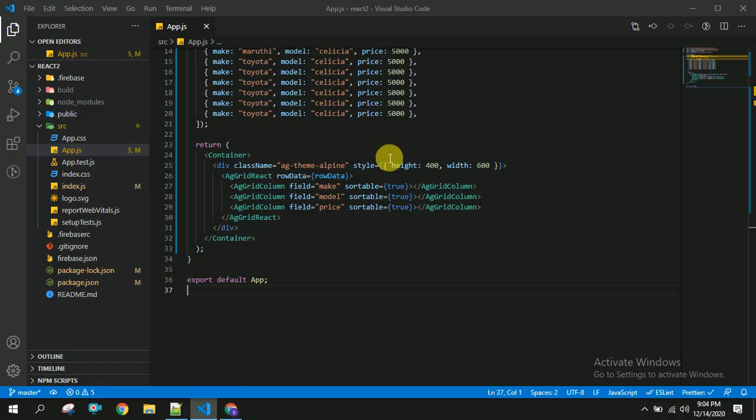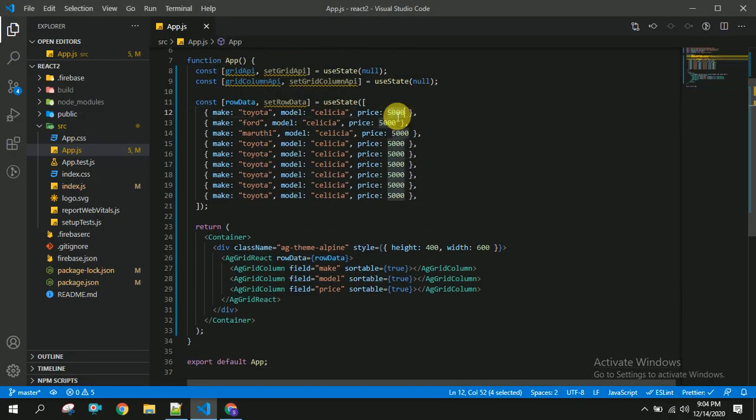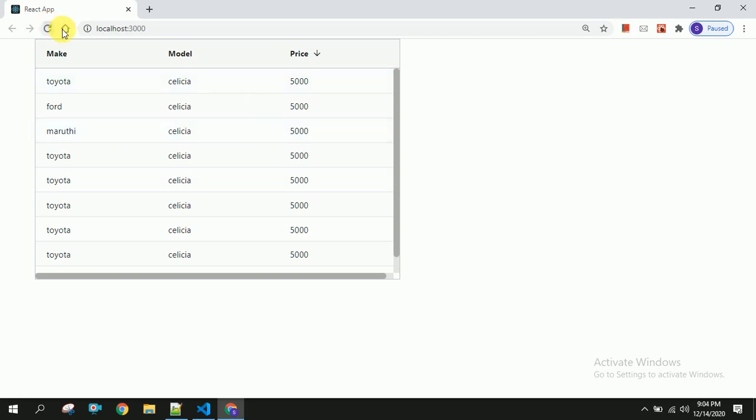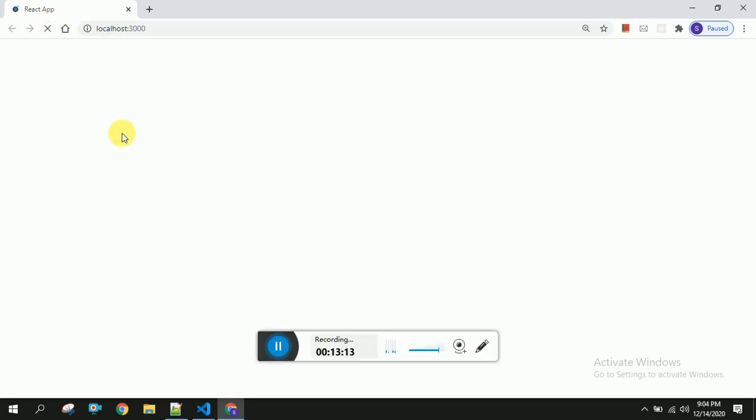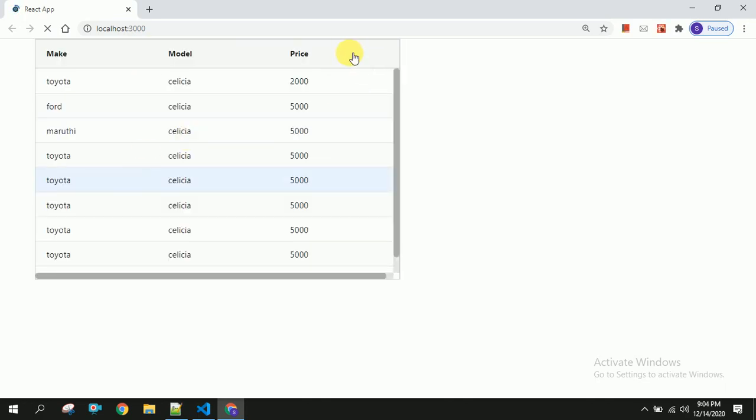If you give around 2000 something, let's check with this. You can see the 2000 got below. So in this way you can sort the things based on ascending or descending order.